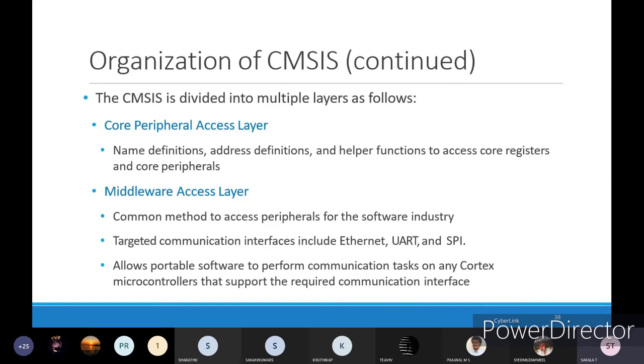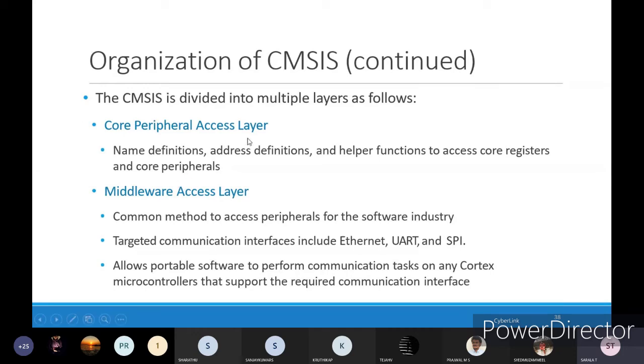Organization of CMSIS, that is divided into multiple layers as shown as follows. Core peripheral access layer, where name definitions, address definitions and helper functions to access the core registers and core peripherals.